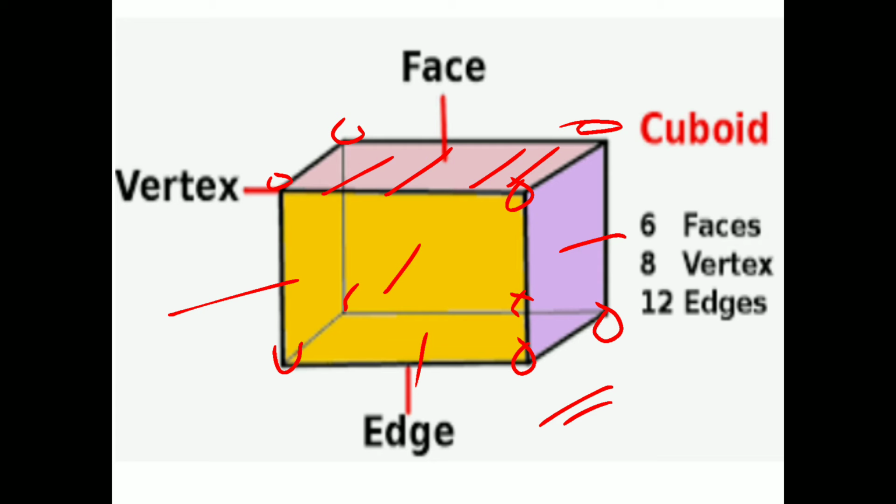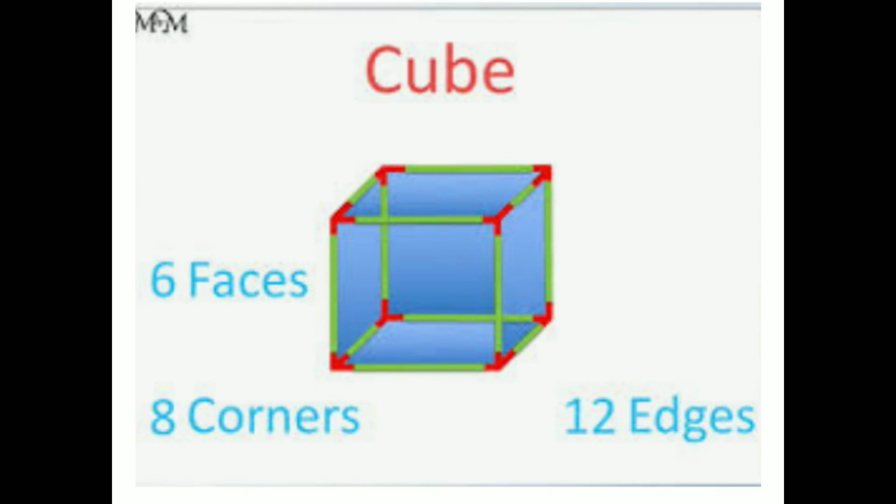And if I talk about its edges, meaning lines, how many lines does it have? Total lines, if you count, it has 4 above, 4 down, 4 inside, both inside. So total, if you count, it becomes 12. Clear? Now cube and cuboid both have the same faces, same edges and same vertices.